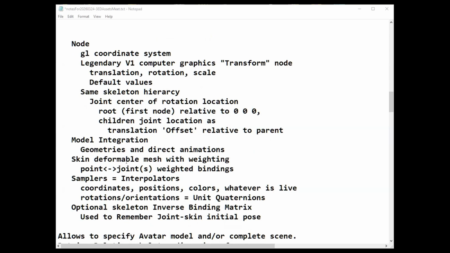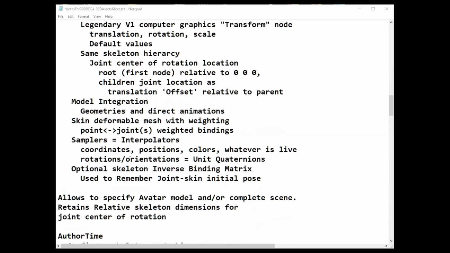It also adds the interfaces for the deformable mesh, so you can have point-to-joint weighted bindings that give us realistic deformable mesh skin animation. And it includes samplers and interpolators for coordinates, position, color, whatever is in there; you can animate with interpolators and so forth.